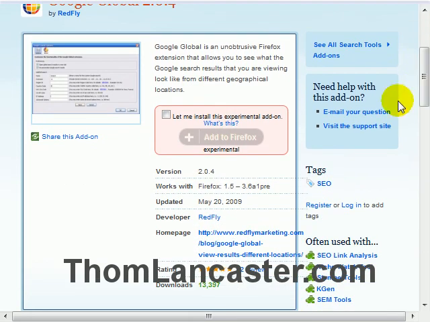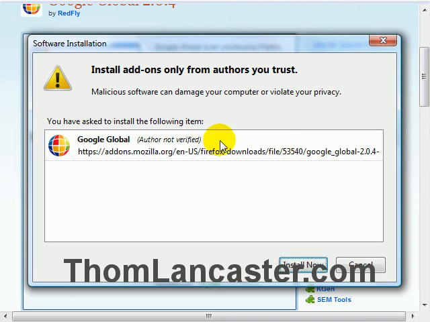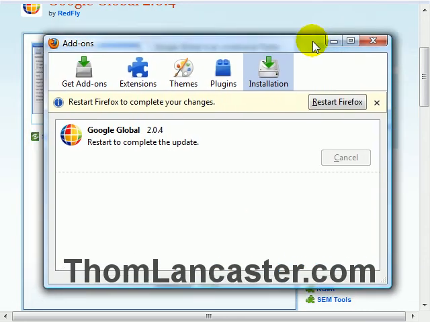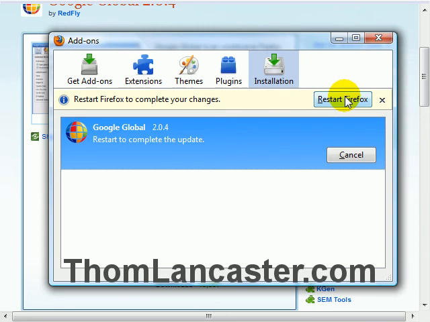It's marked as experimental, but this has actually been up and running for a few years. The only reason it's marked as experimental is because as the versions of Firefox change, sometimes compatibility changes between them. So as far as I'm concerned, this should work. So let's have a go. Add this to Firefox. And it will say it's not verified. Do we want to install it? Yeah, it's perfectly safe. I've used this off and on for years, and it's appeared on my other monitor, but there it is installing. And if we restart Firefox, which I will do now,